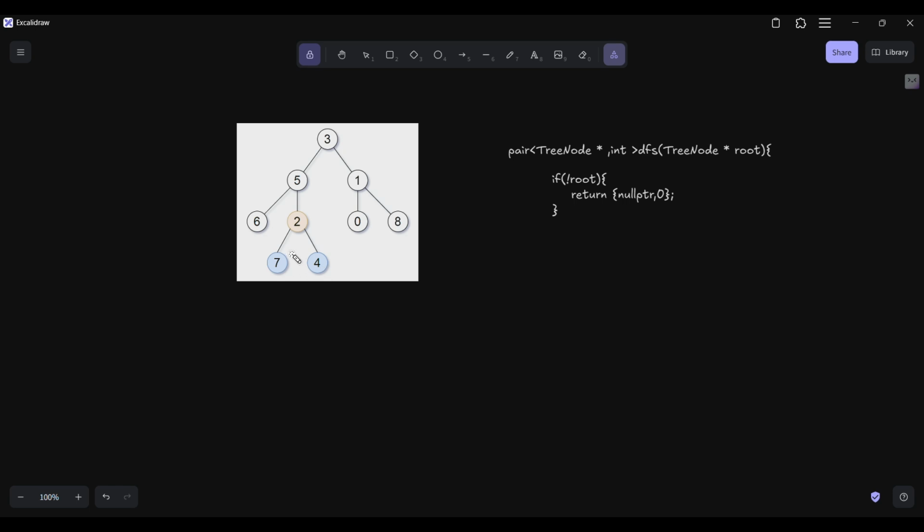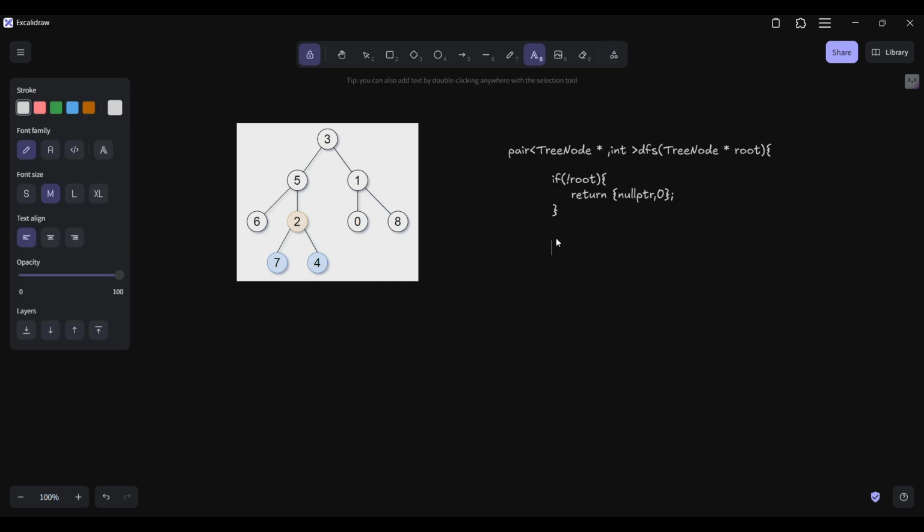then you will get, like if you see here, from here this is the node, and from here this is the node. So if you see that from here the depth is 1, and from here the depth is 1, so these are equal. So simply we can say that we have found the lowest common ancestor, okay. So whenever the depth is equal, then we will find the lowest common ancestor. So after this base case, we will simply